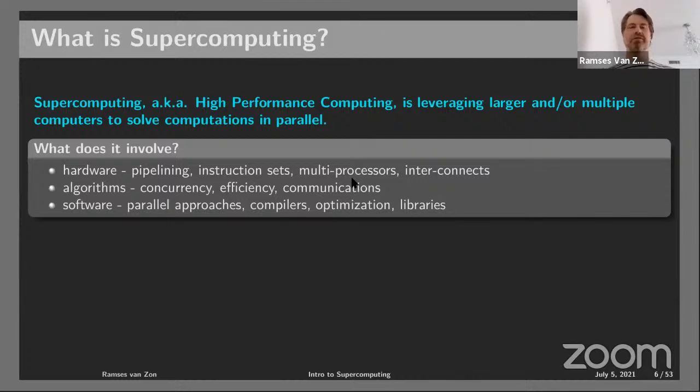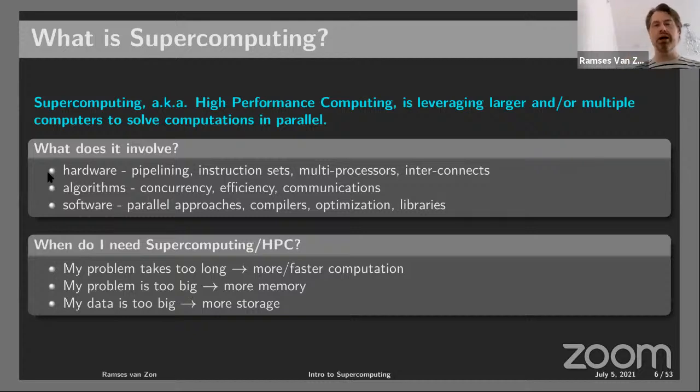So that means that you have to give all those computers something to do at the same time, or they're basically useless. And that in turn means that your algorithms, the way you compute things, have to be modified. So it involves basically the whole stack of computers. And that's kind of why it's different from just saying, okay, I know how to use a computer, and I even know some programming, and I know some scripting, and I run it. Now can I use a supercomputer? But all of these things start to matter when you hit the wall of your own machines.